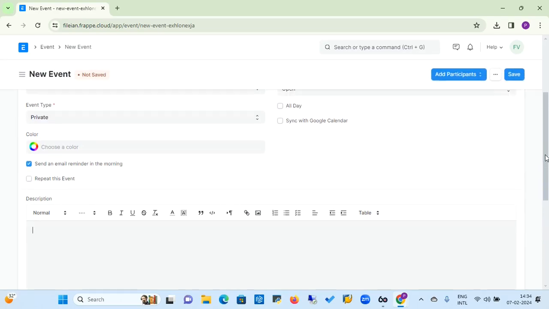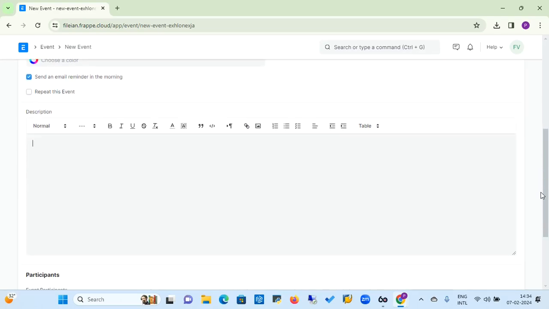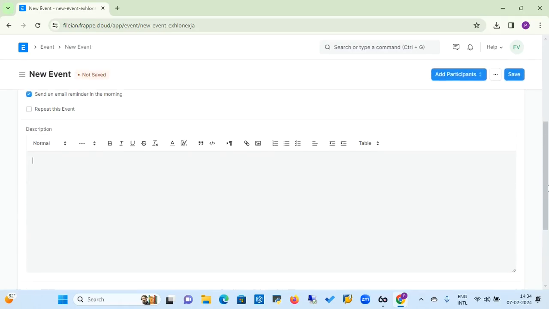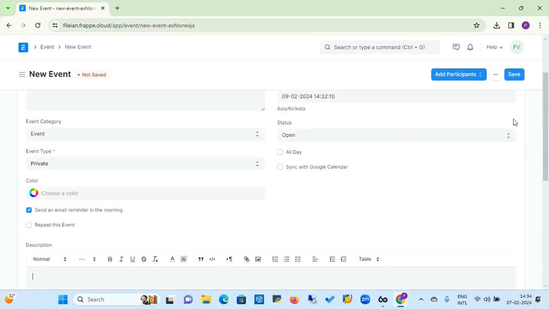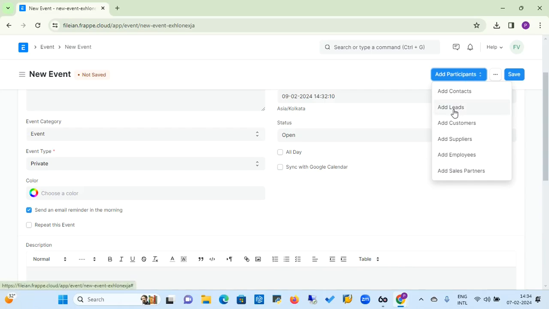You will mention all these details in a description box. Obviously it is not mandatory, so if you don't want to, you may leave it blank. And in the event participant table, you are going to add the event participants one by one, or you can add the participant from here, from the contacts or from the leads or from the customer or from the suppliers